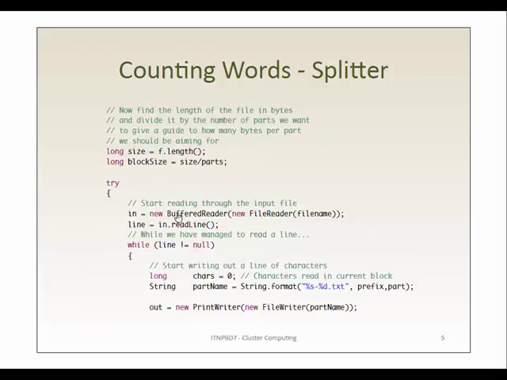Right, so have you covered reading files in Java? I'll briefly quickly go through. This is me opening that file. This is me opening wp.txt. So that opens the files. This puts it in something that can read the file a line at a time. So in is an object referring to the stream of data I want. And now I say to in, give me a line of data. So that's one line in the text file. And now I say, if that line wasn't null, if I actually managed to read something,